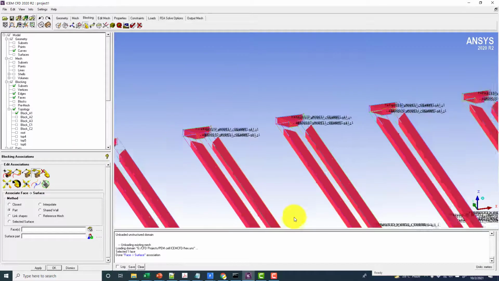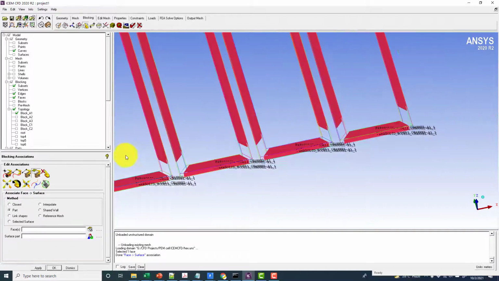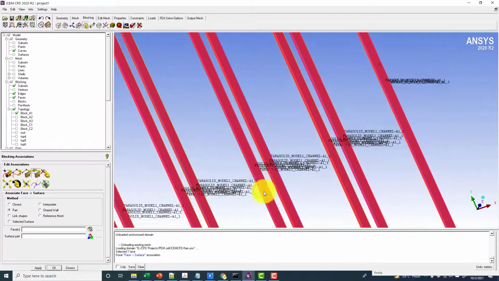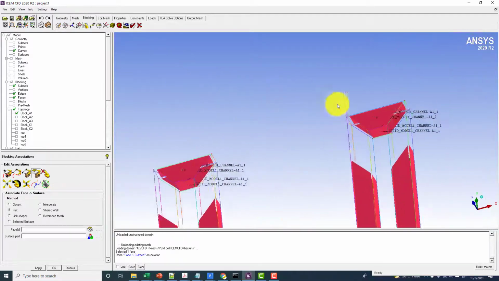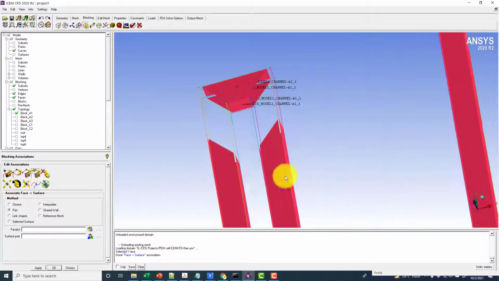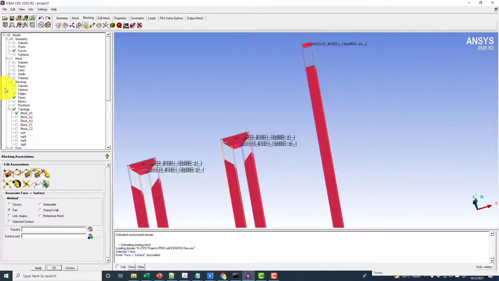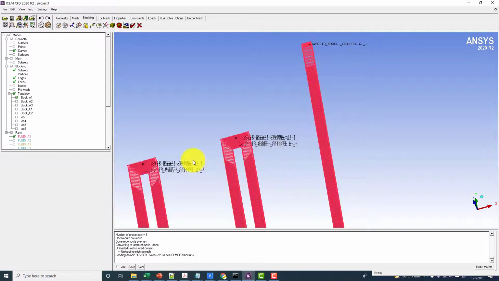Everything else is perfectly okay, and I don't see any issue at all. Okay, now again convert the pre-mesh into the unstructured mesh and replace the old mesh.